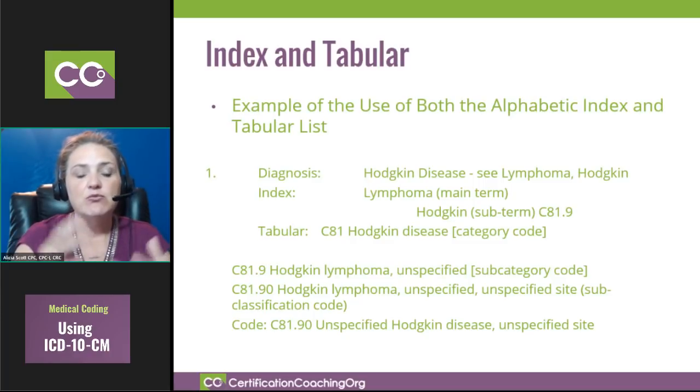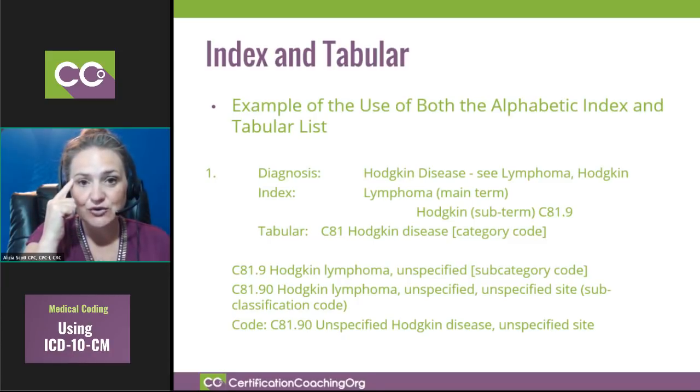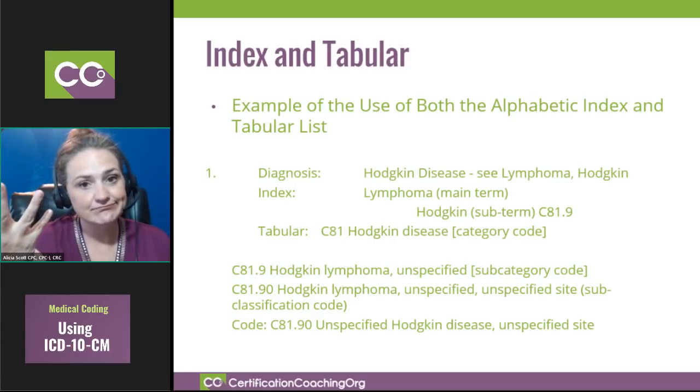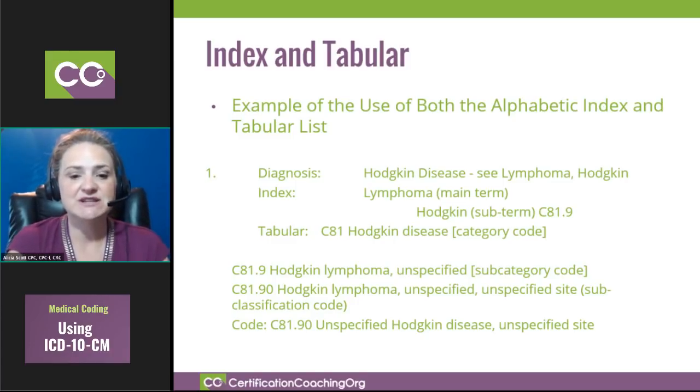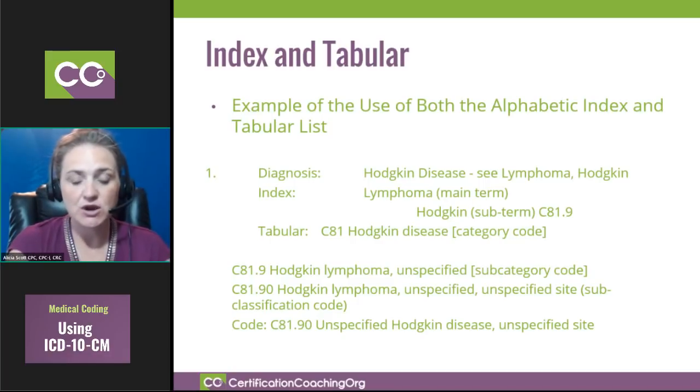And that will help you when you go to test, because you can look at the question, and if the question states that the patient has type 2 diabetes with retinopathy, you're going to look and say E11.9, that's unspecified because it's .9, right? But we have a higher specificity. With Hodgkin's lymphoma, we know we're going to C81. C81.9 is unspecified. We have no more information to give you other than this patient has Hodgkin's lymphoma. However,